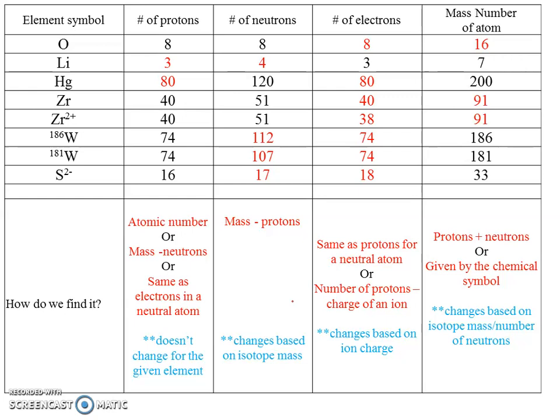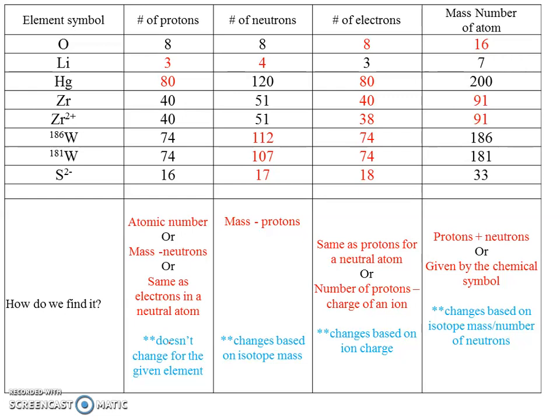The information we are given can come from a periodic table, it can come from the symbol, it can come from the name, or it can come from a word problem or a chart that already has information filled in. Make sure that you copy all of the ways,